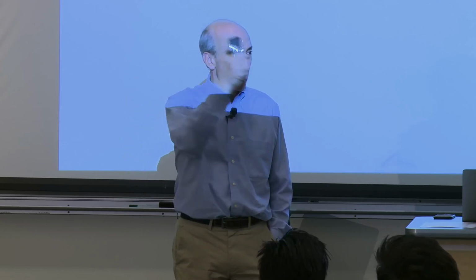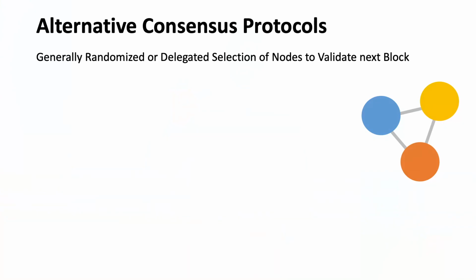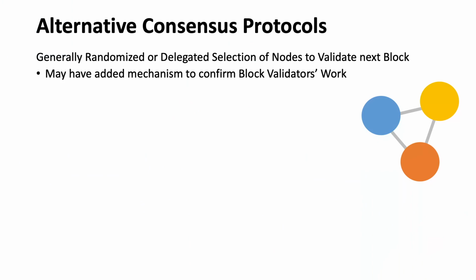And Stuart Haber in the 1990s, when he started with all this blockchain stuff, had a central authority, and he set up that company Surety, and he put it in the New York Times. And what Nakamoto consensus said is, well, no, we're not going to have Haber and a central authority. It's going to be decentralized. So these other consensus protocols generally have some randomized approach to delegate the selection of the next block. It's not always that way, but they may also have a mechanism to do a second thing, a second touch.